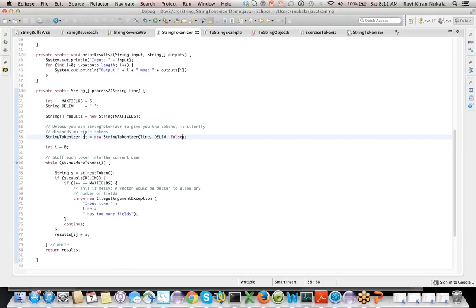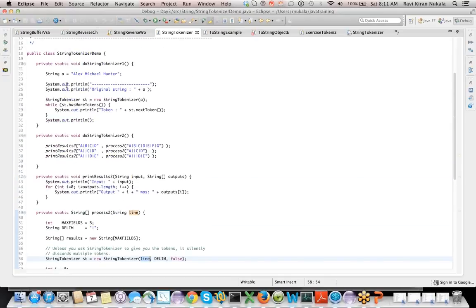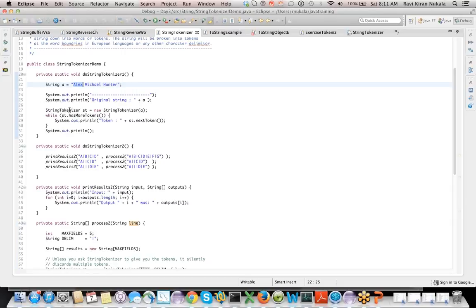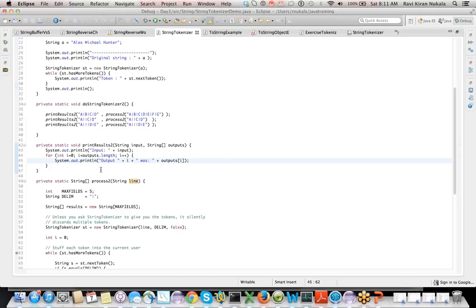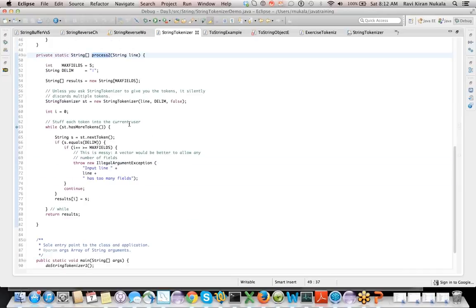In this thing, we got the entire word as A, B, C, D, E, and we were able to print here, right? There is no delimiter in my word. That's why it is not finding it out. But I gave the delimiter as pipe, right? So when I do it as pipe, it should be identifying it as this process2 method.